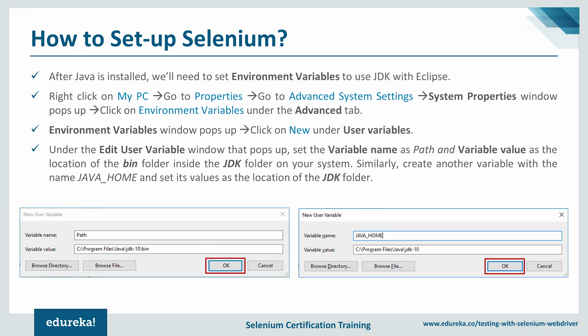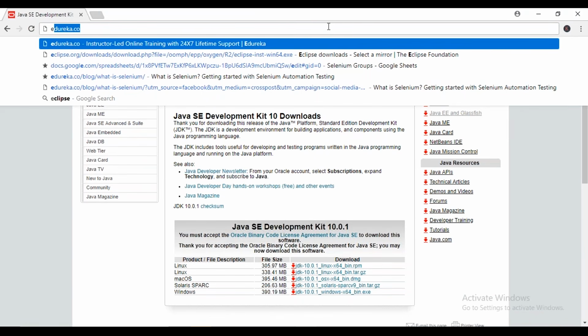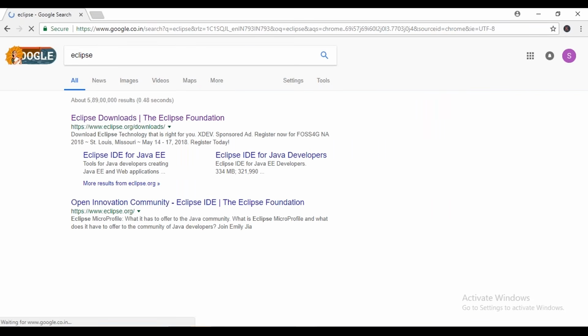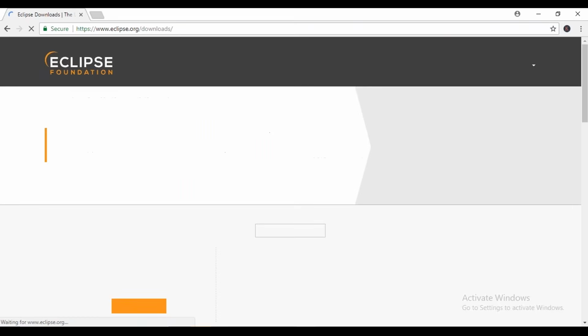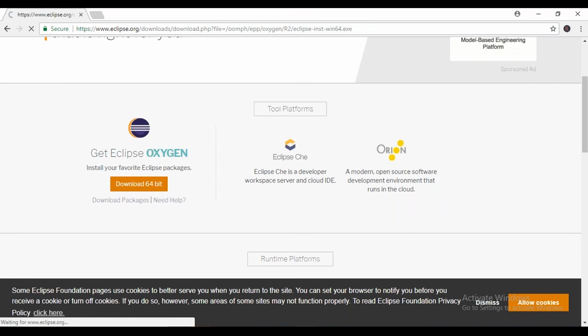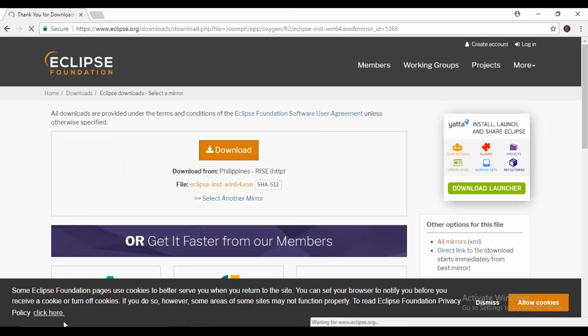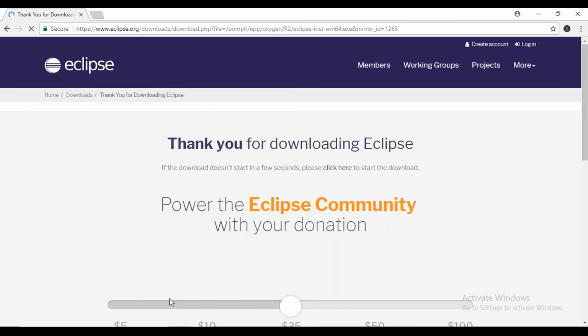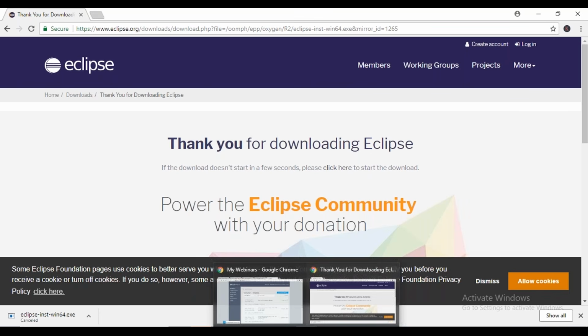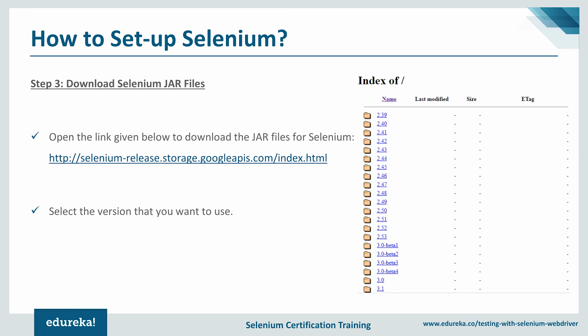So let's go ahead and download Eclipse first. You can visit the link that's been given here, or I'll anyways be doing it. Let's go to Google and click on the address bar, type in Eclipse. Once we've done that, we'll find the official website. We can see the latest release of Eclipse to be Oxygen. Go ahead and download it from a page like this. And once you've done that, you'll get a setup file. Please go ahead and install that setup file on your system. So that is all you'll need to do for Eclipse. Once Eclipse has been installed, the next step would be downloading Selenium jar files.